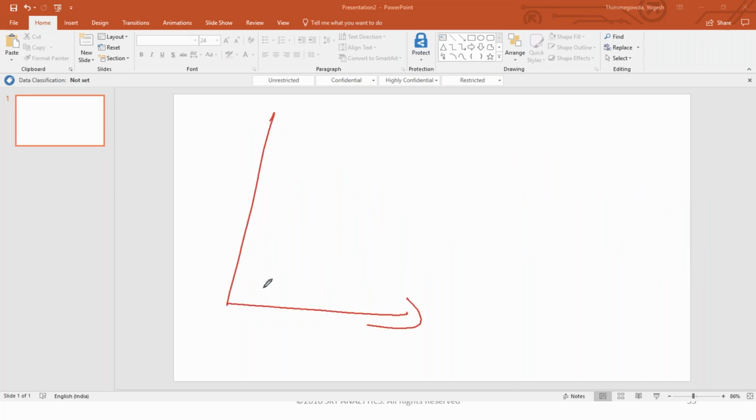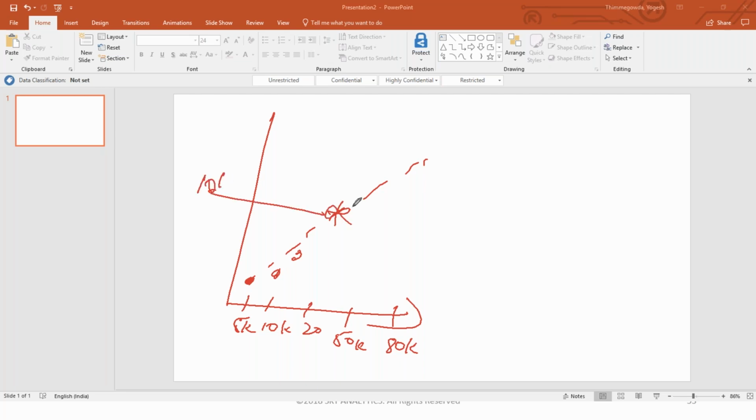See, Ratnesh, try to understand. Consider this is your weight: 5 kgs, 10 kgs, 20 kgs, 50 kgs, 80 kgs. You'll probably be getting zero salary when you're having 5 kg, 10 kg, 20 kg. Once you reach 50 kgs, you might get a salary of 10,000 rupees. Once your weight increases to 60 kgs, you might get 20,000 rupees salary. Once your weight increases to 80 kg, you might get 50,000 rupees salary.